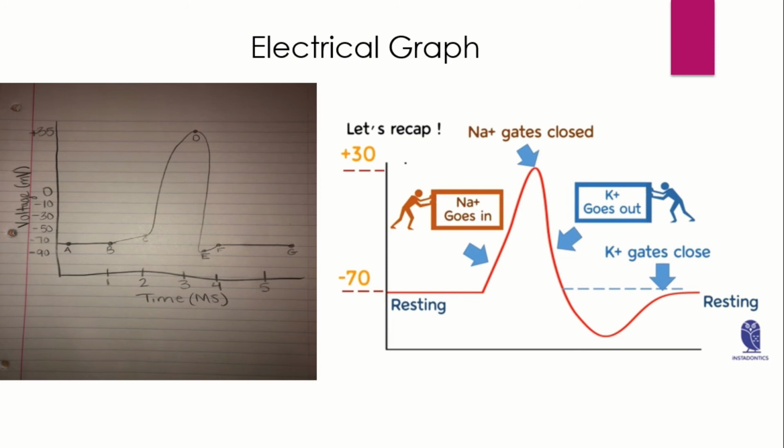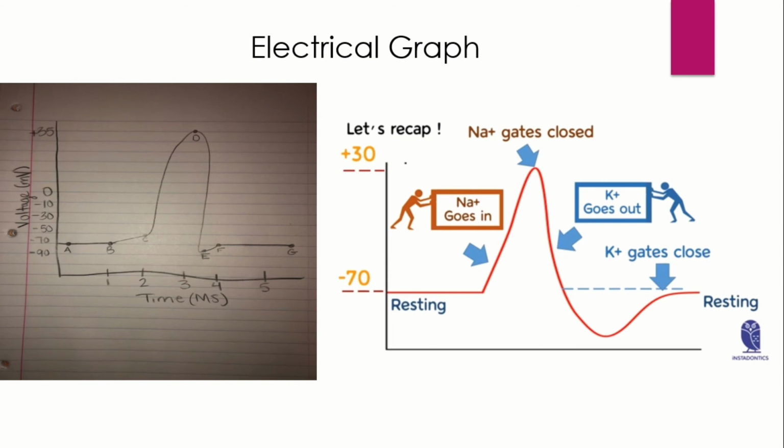And then once the threshold is exceeded, the sodium channels open and the sodium moves inside. Intracellular polarity shifts from -70 towards a positive state of +35 to be exact, and this is known as depolarization. And then as the action potential reaches its peak, the sodium channels close and the interior of the neuron cell is now positive, and as those sodium channels close, the potassium channels open, and the potassium moves outside the cell,